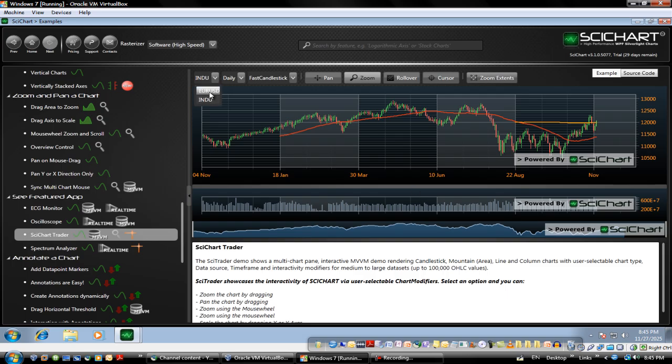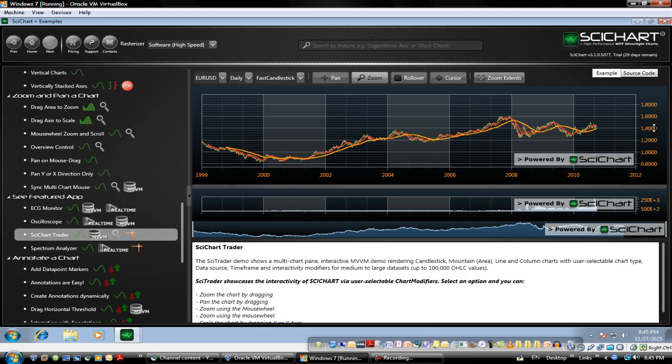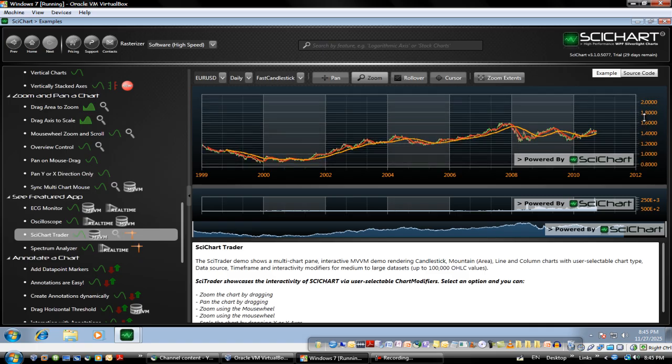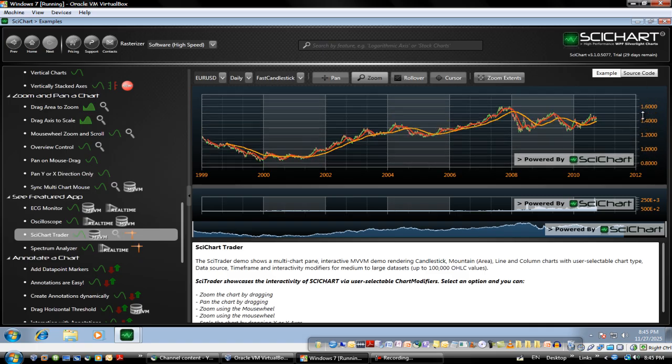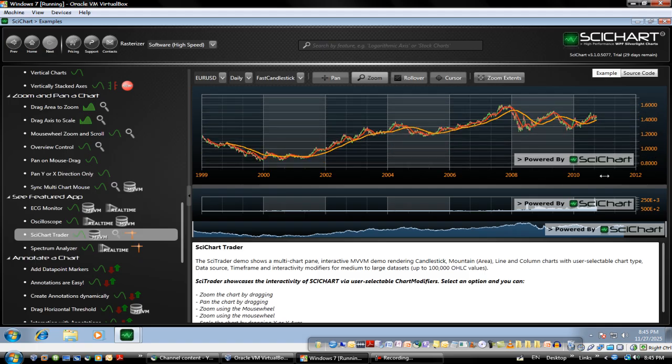And we can change the currency to the EUR USD, and this year spanned from 1999 to 2012, and this is the value. Now this value is the number. Now we can decrease or increase the size of the series, and even with